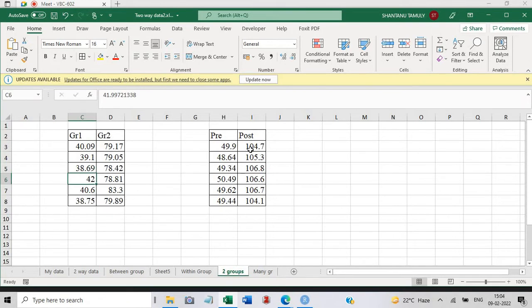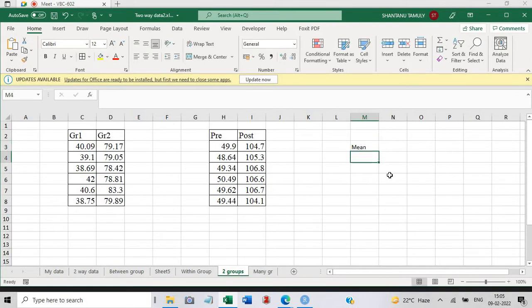This is another study where there is only one group, but you have taken the reading twice, pre and post. That means before treatment and after treatment, any kind of treatment you have done. When you have this kind of data, the first thing you will have to do is find out the mean.